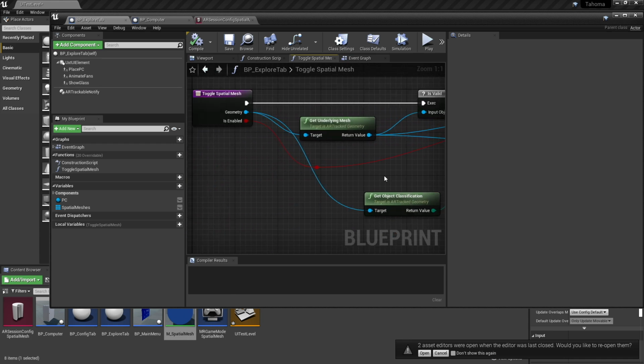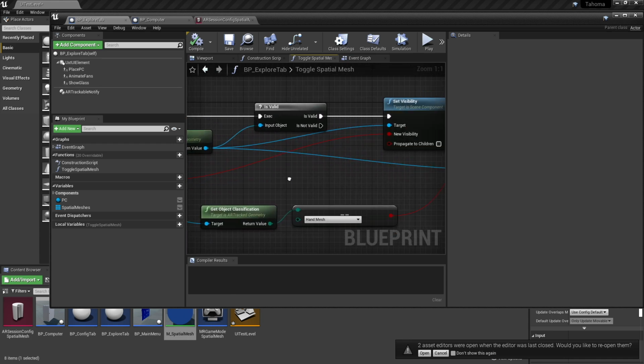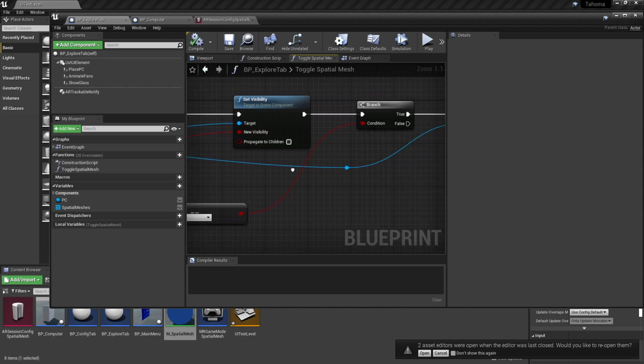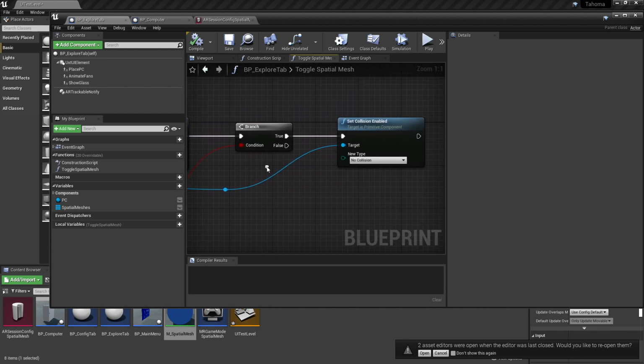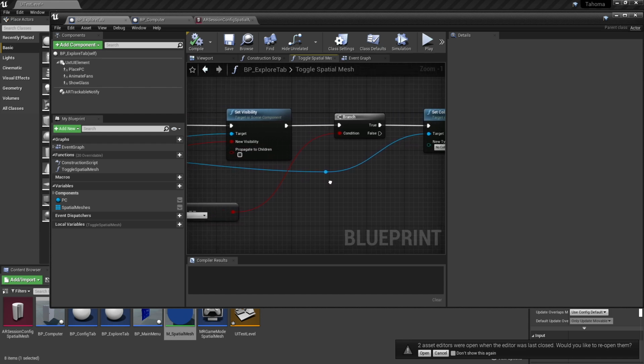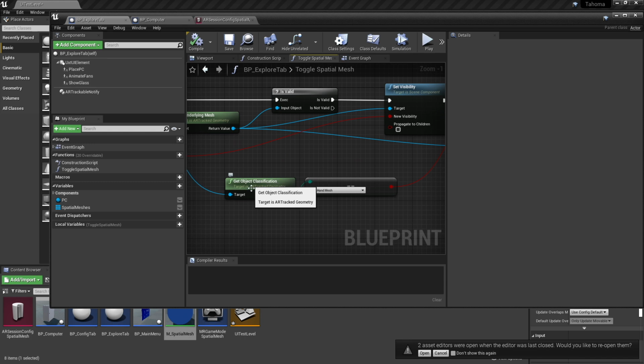And if spatial mesh is enabled, I set its visibility true, otherwise I set it to false. And then if it's a hand mesh, we always want to disable collision on the hand mesh, just because we don't want the hand mesh to be colliding with any of our interaction raycasts. So no matter what, if it's enabled or disabled, we disable collision on the hand mesh based on its object classification.